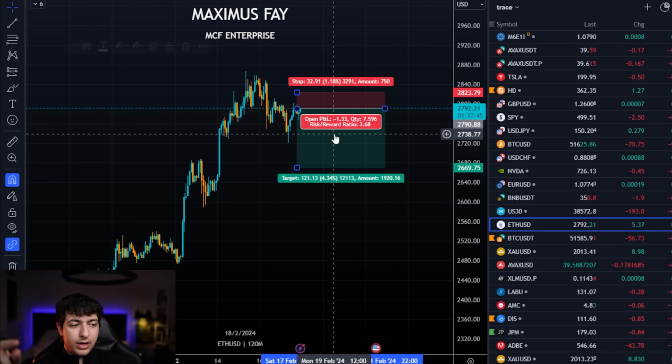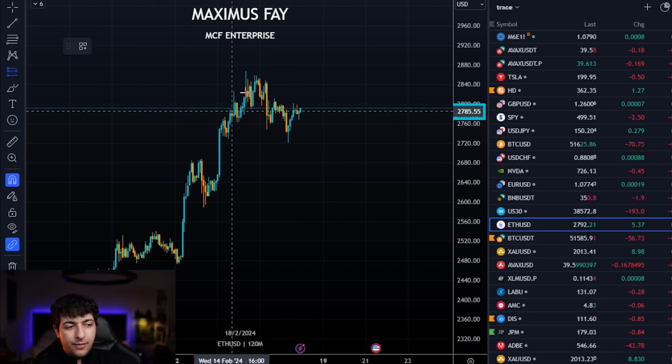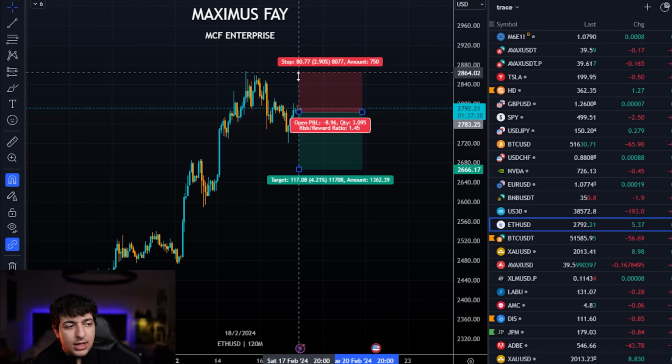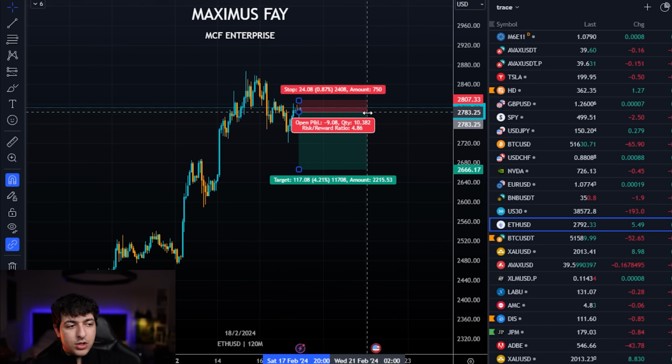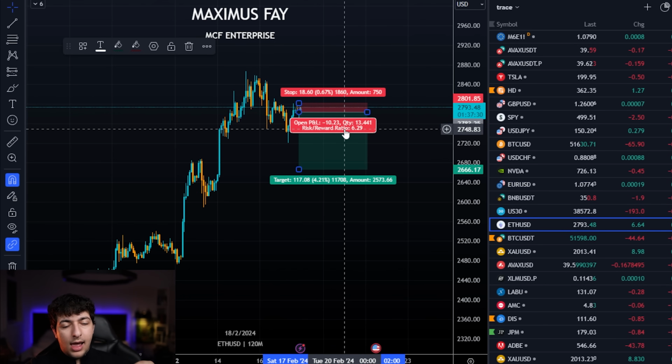Now, how do we actually go against this? First thing we're going to do is we are going to still use this. However, we are going to have it applied to only the first 2 candles in the trade. So when we're entering, we want to keep this extremely tight, and we want to have it either wick us